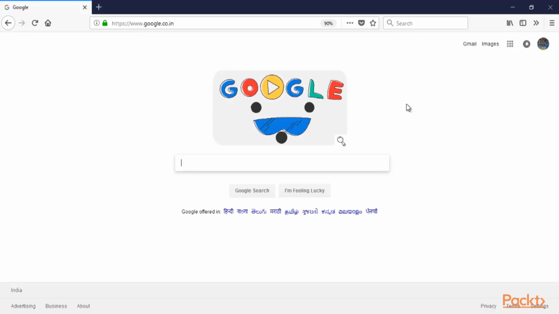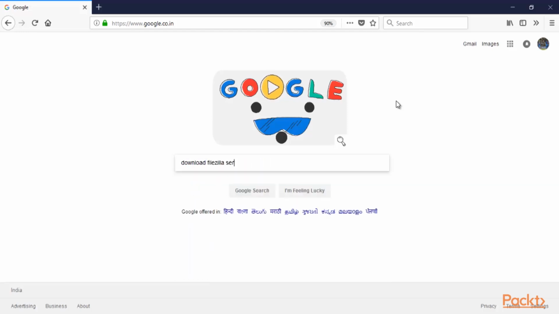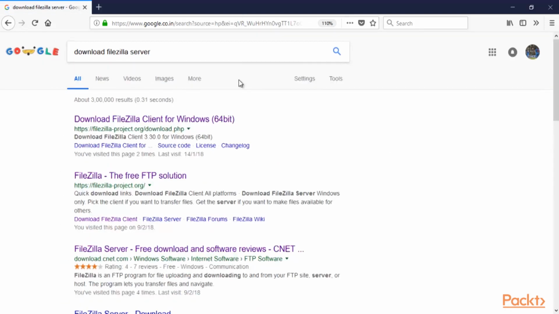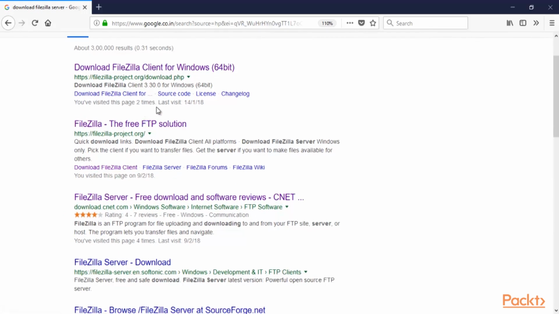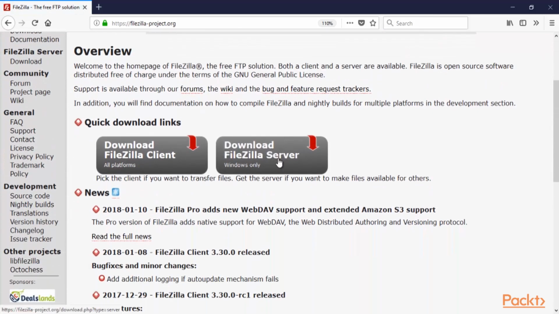So you can open Google and type download FileZilla server. So you can see here the first link, which is of filezillaproject.org, and it is for FileZilla client. We are going to look for FileZilla server, so we need to open the FileZilla project, and here we need to find the FileZilla server. Here you can see that this is FileZilla server, and you can click here